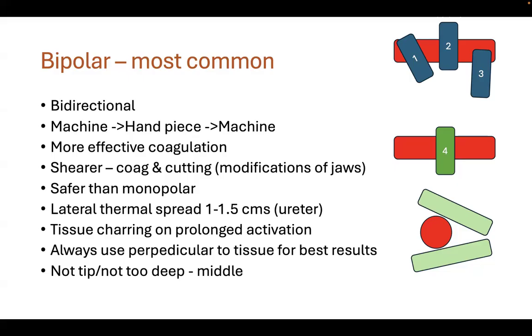As the lateral thermal spread is only 1 to 1.5 centimeters, it is much safer than monopolar. This is the very reason, if you have seen my videos on TLH, when I come to the uterosacral ligament, I always make sure that the uterosacral ligament is cut and dissected laterally, because cutting the uterosacral properly and lateralizing it gives us an additional 1 to 1.5 centimeter lateralization of the ureter. So whenever you are using even monopolar or bipolar at the vault level, giving this 1 to 1.5 centimeter lateralization